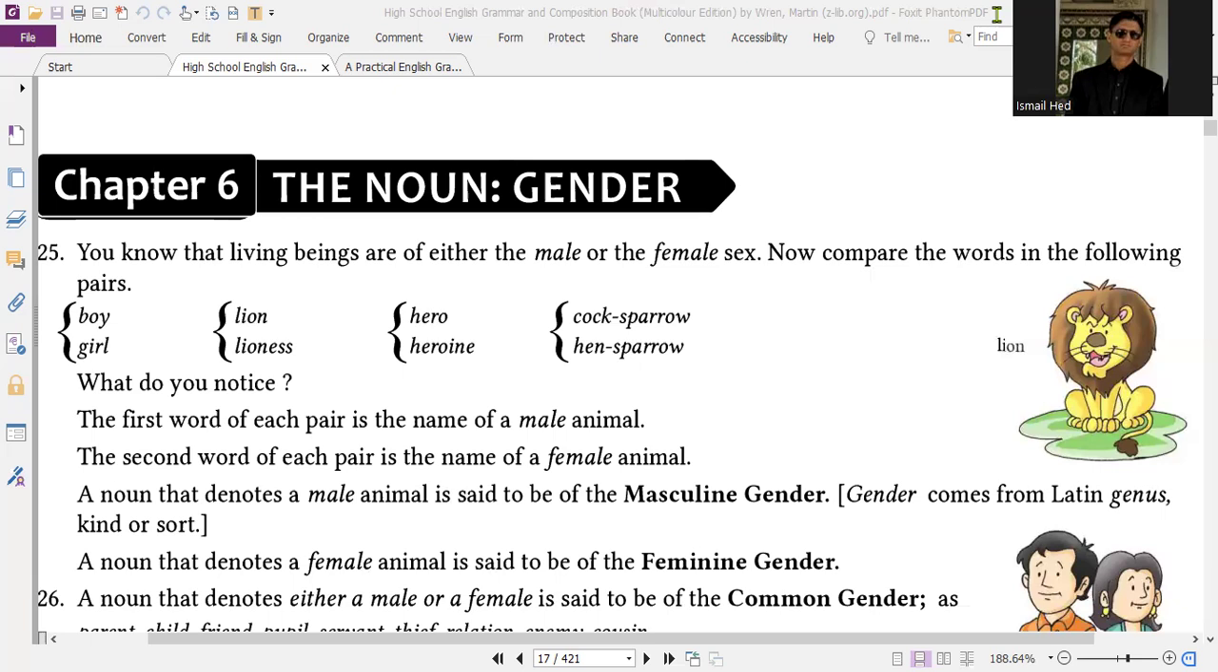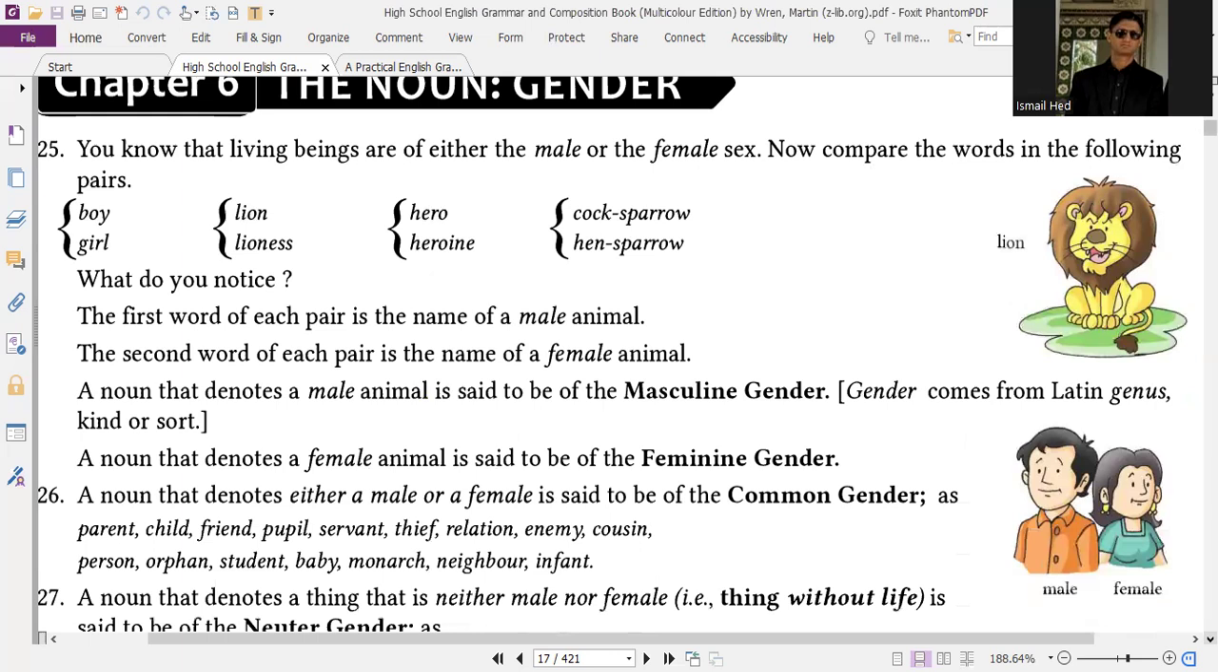A noun that denotes a male is considered masculine gender. Gender comes from the Latin genus, which means kind or sort. A noun that denotes a female animal is said to be feminine gender. A noun that denotes either a male or a female